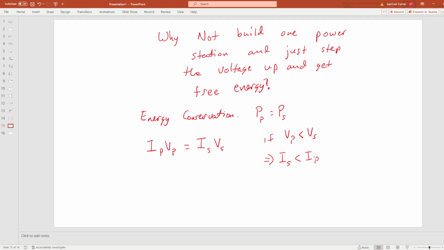So even though I can step up the voltage arbitrarily as high as I would like, I can't necessarily draw more current from that voltage than the power being delivered by the original circuit. Okay. So that is the cost. That is why we cannot just infinitely step up,